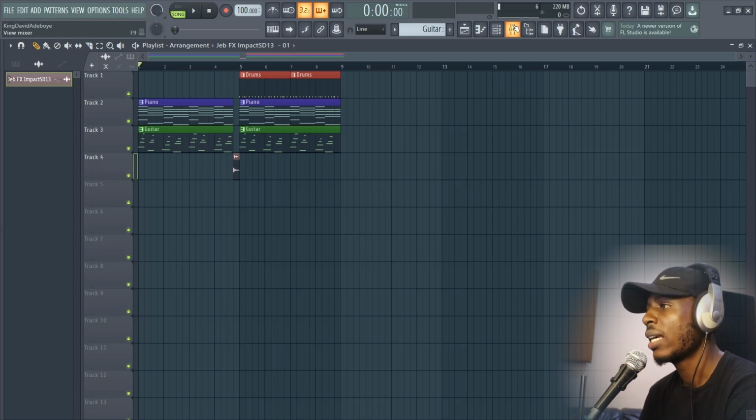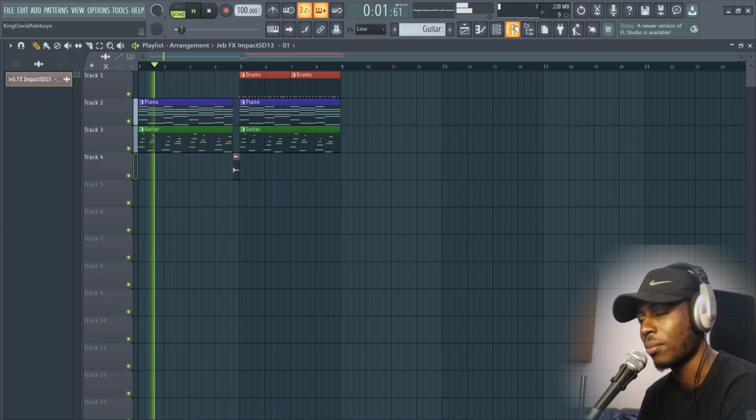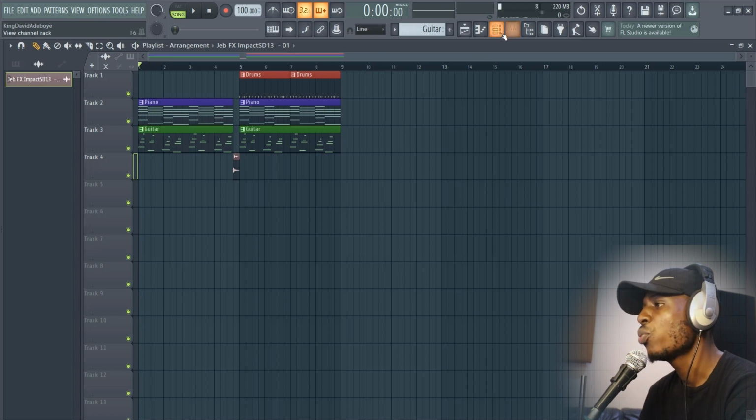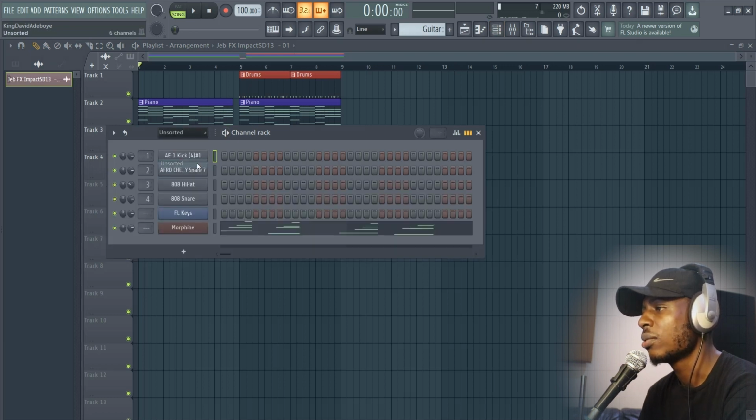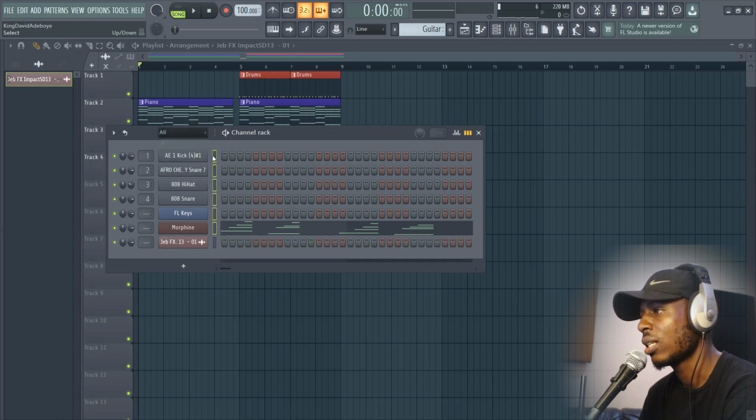So if you look right here, this is the beat we made the last time. So what we want to do next is to make sure we have everything routed to the mixer, right? There are two ways to do it. It's either the first one, and I like it most, is just to select everything you have. Let's have this on all. You select everything you have, come to the mixer,